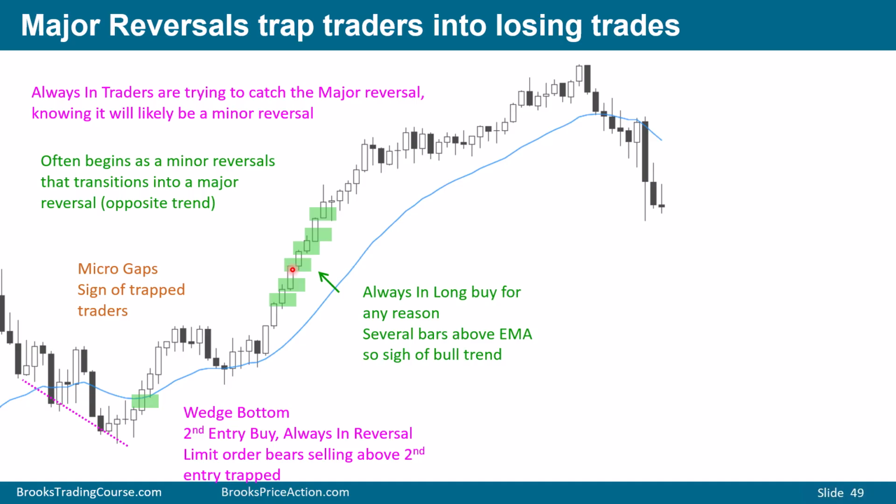Think about it again from the limit order bears. If you're a bear selling above bars, what do you do? You sold this high, you scaled in here, you added on here. At this point, you're in a lot of trouble. And if you continue to scale in, you're going to risk facing severe consequences to your P&L.